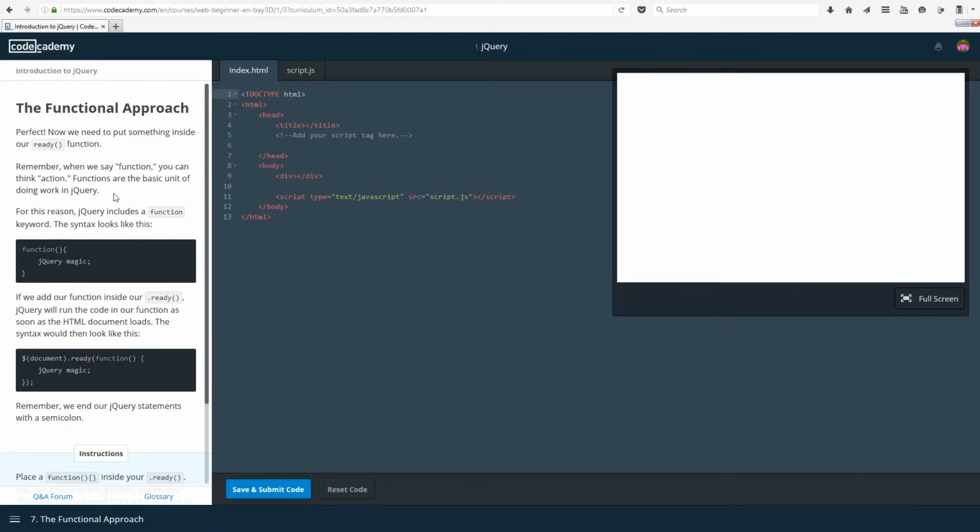So remember, when we say function, you can think action. Functions are the basic unit of doing work in jQuery. For this reason, jQuery includes a function keyword. The syntax looks like this. So function and then whatever you're doing. So this is the function, and you usually have a name for the function, and whatever you call it, then